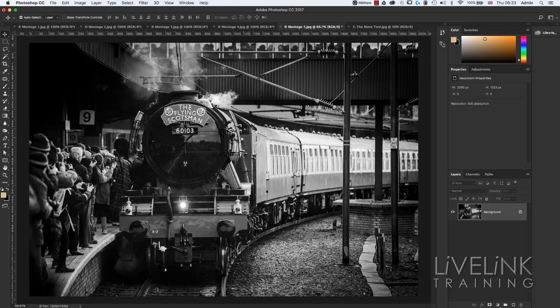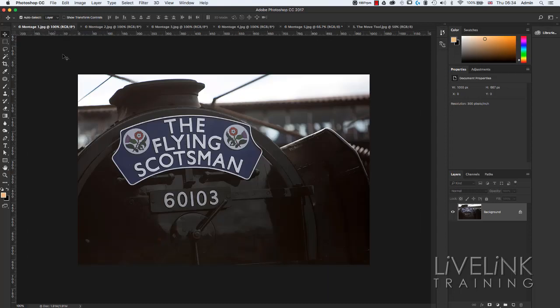Right, okay, well let's pick one of the images. Let's say I'm going to click on the montage 1 tab, and that's going to bring this image to the front. Now I've got the Move tool, and you can see it's got a little pointer and a little cross there on my cursor. And what I'm going to do is left click and hold my left mouse button down anywhere in the image, and then I'm going to drag,